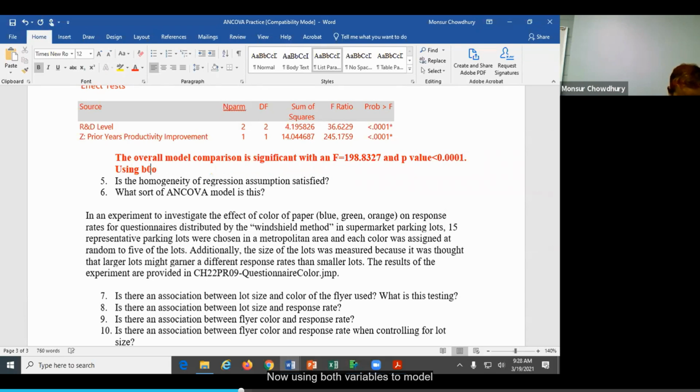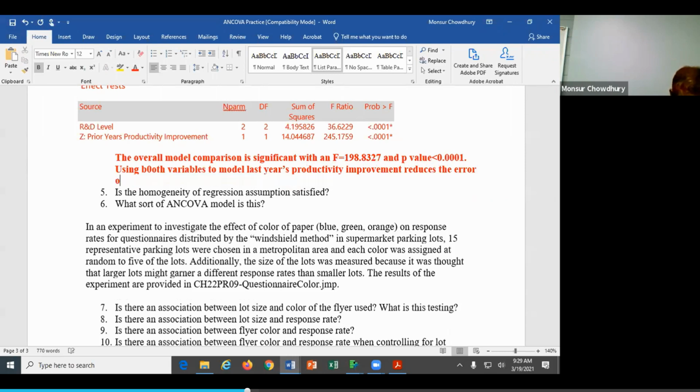Now using both variables to model last year's productivity improvement reduces error over the compact model by 96%.